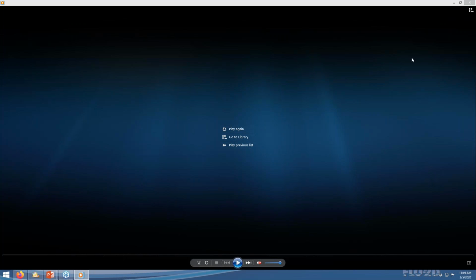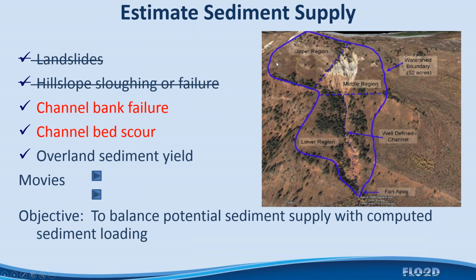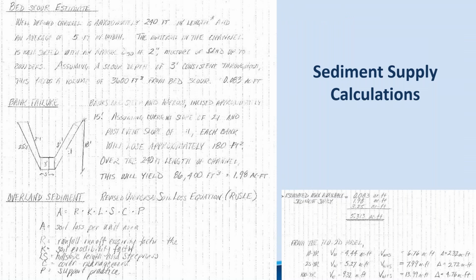So these kind of mixed flow events are important to understand, because you may want to mitigate for the mudflow frontal wave, but yet the overall event is going to be maybe in the realm of 30% concentration by volume, and it may reflect more of a mud flood event. So to finish our supply calculations, along with the overland sediment yield, which I briefly discussed before, I'm not expecting